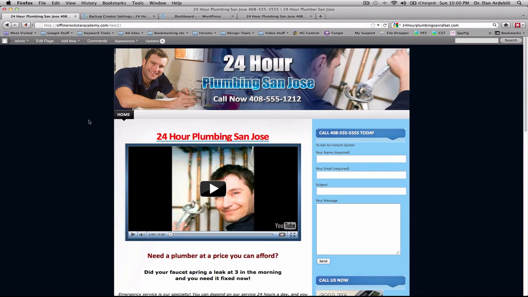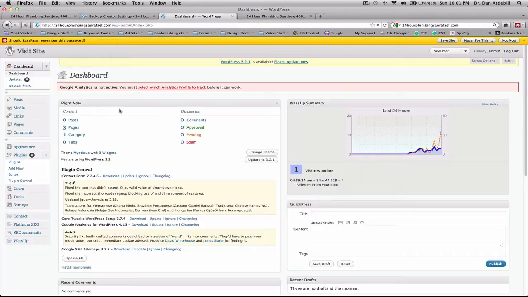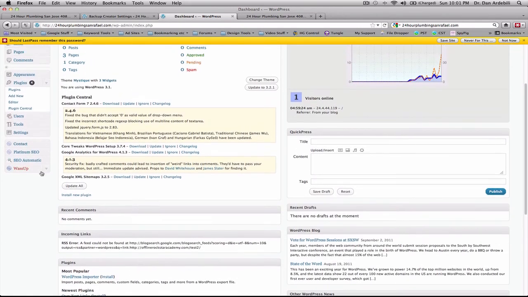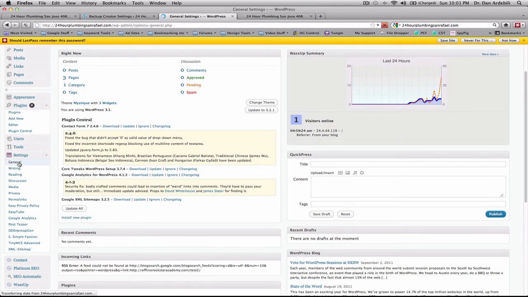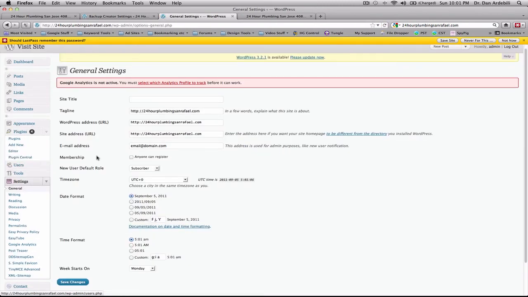But one thing that I do notice with this one compared to using WP Twin, it didn't change the actual site name right here. So you'd actually need to go in there and make that change, which would be in here. I think it's under general, if I'm not mistaken. So yeah, you can see the site title right here. And it might have been because I didn't name it something. I don't remember, honestly. But let me put that 24-hour plumbing San